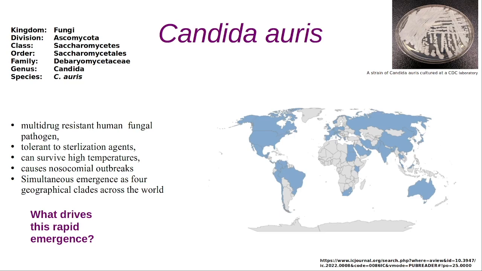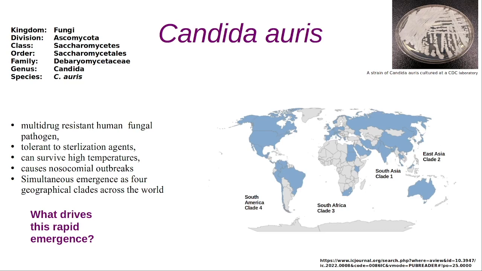Within a decade, it simultaneously evolved in different parts of the world as distinct clades exhibiting resistance to antifungal drugs at varying levels. Such geographically identified clades were South Asian clade 1, East Asian clade 2, South African clade 3, and South American clade 4. And now currently a fifth clade from Iran is also identified, but it's not included in the study presented here. The mechanisms that underlie this sudden emergence, though mostly unknown, represent rapid evolution modes in a fungal pathogen.